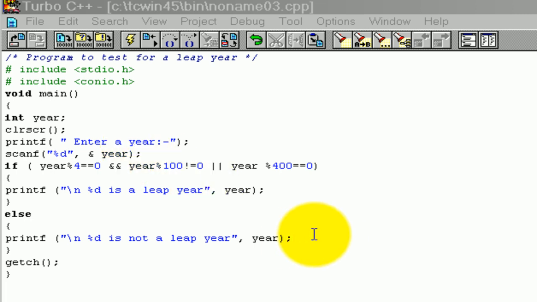This line, this line, this line, this line. Check comma. In void main there is no comma and semicolon. In if statement there is no comma or semicolon. Else there is no comma and semicolon.